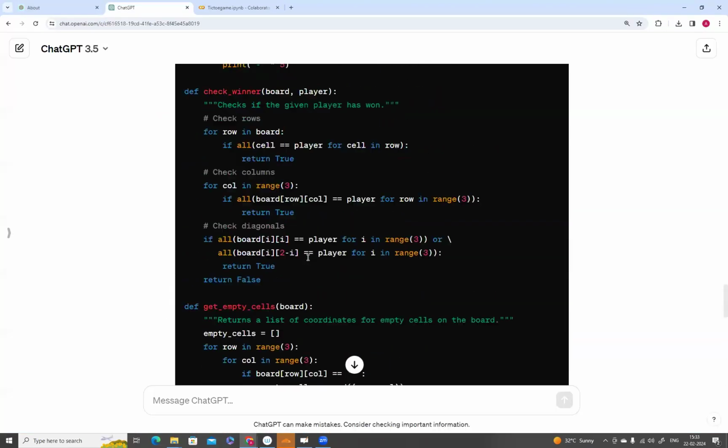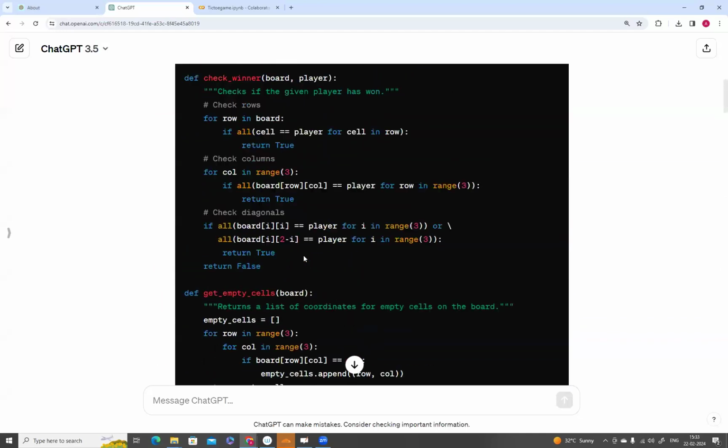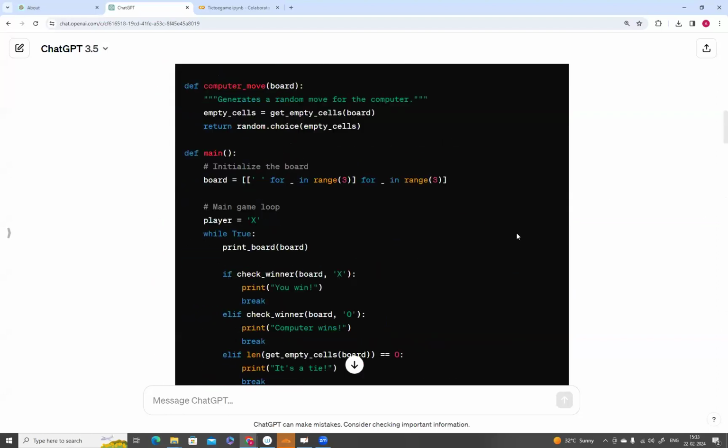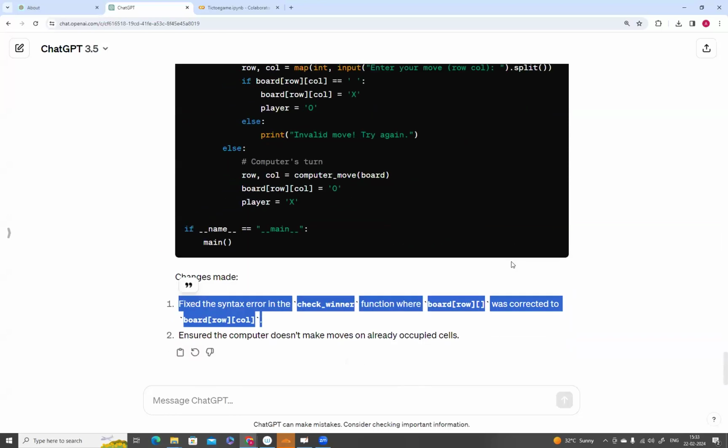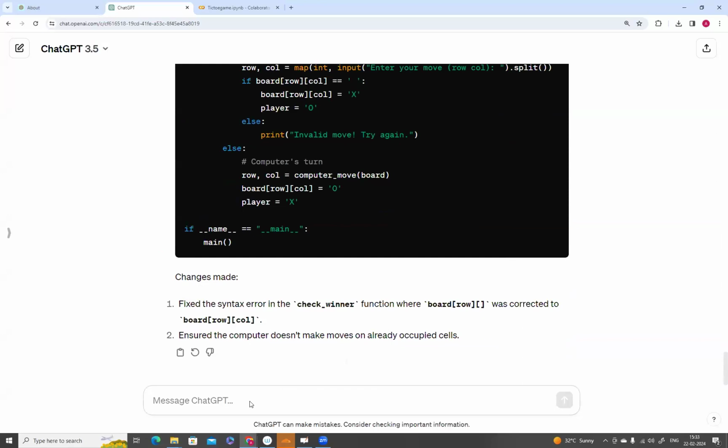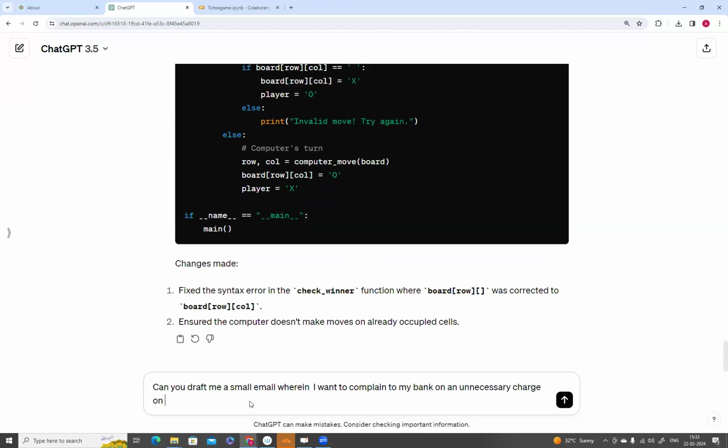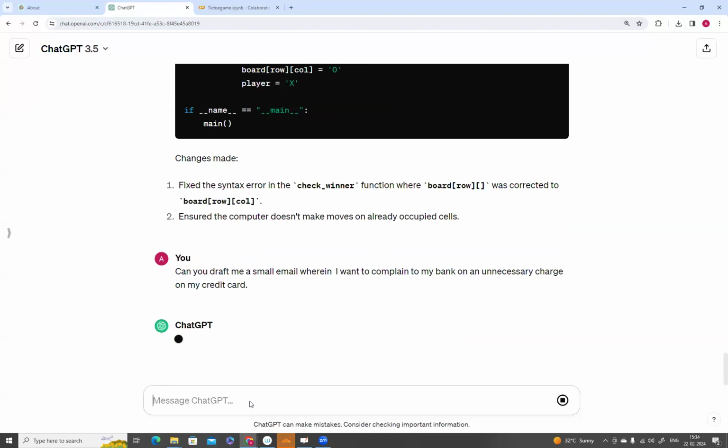The other thing, all of you, if you observe, let me check in my prompts. Amrita is asking if an SQL script can be debugged. Yes. So many of you are not from a coding background. Suppose most of us need to reply to an email. Can you draft me a small email wherein I want to complain to my bank about an unnecessary charge on my credit card, right? So suppose I ask this,